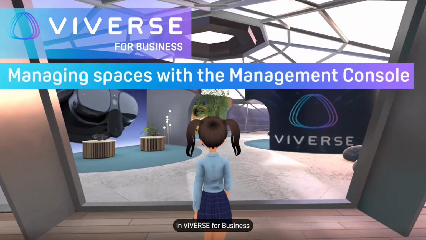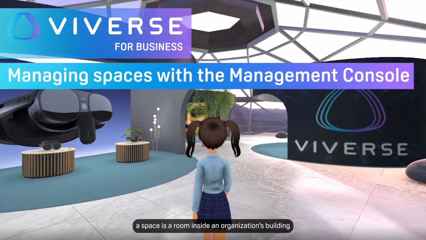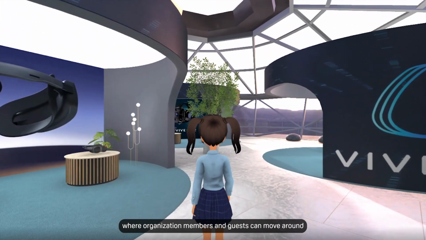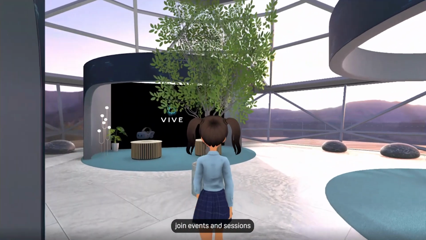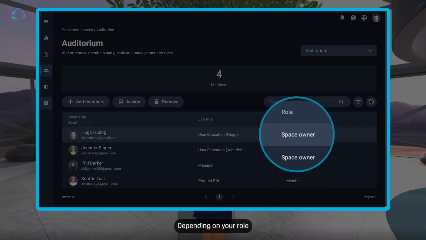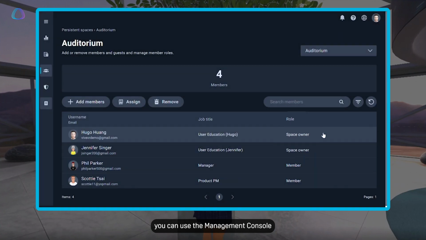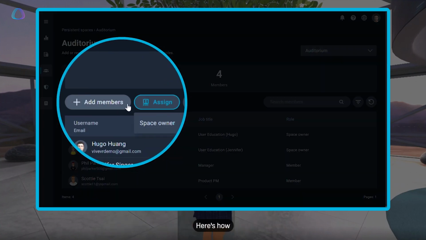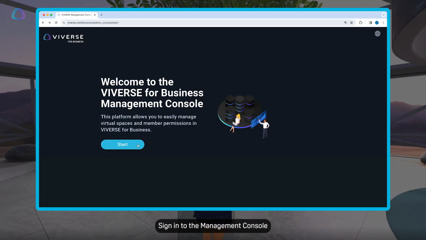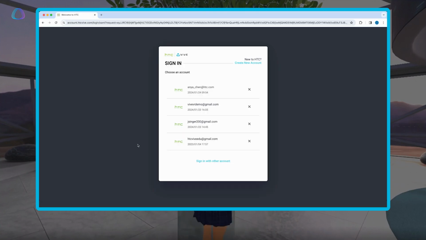In VIVERSE for Business, a space is a room inside an organization's building where organization members and guests can move around, interact, join events and sessions, and more. Depending on your role, you can use the Management Console to manage the spaces in your VIVERSE for Business environment. Here's how. Sign into the Management Console